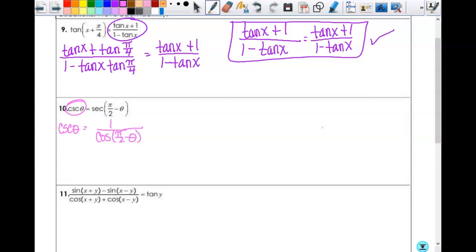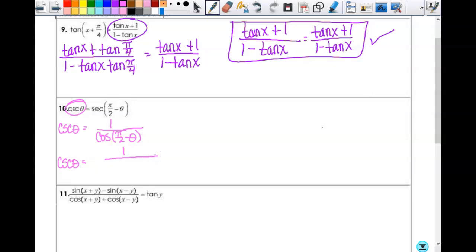So still, I know that cosine of pi halves minus theta is equal to sine, but I can't substitute that in because I can't use an identity from the cofunctions to prove a cofunction identity. So instead, I'm going to use the sum and difference part here. So this is cosecant theta equals 1 over